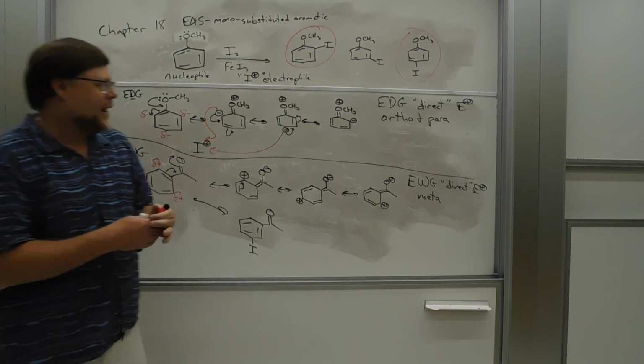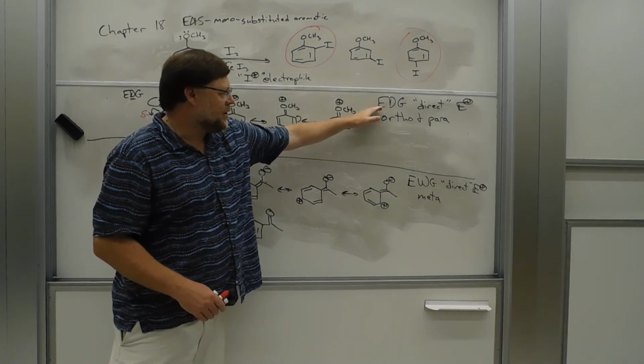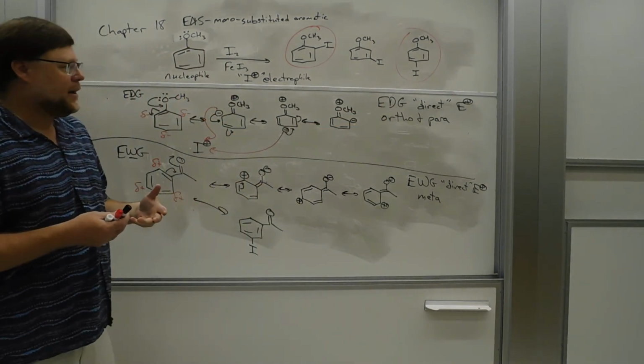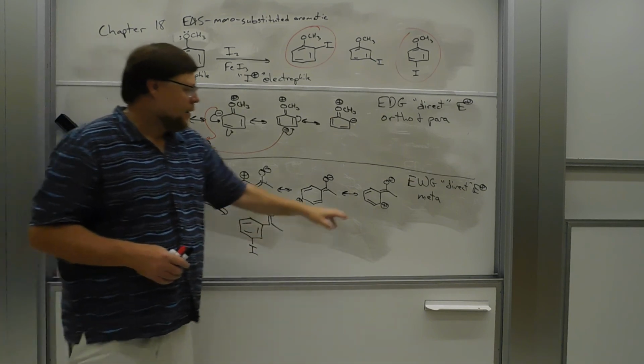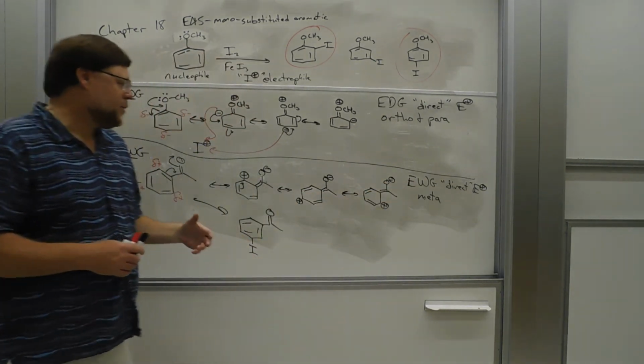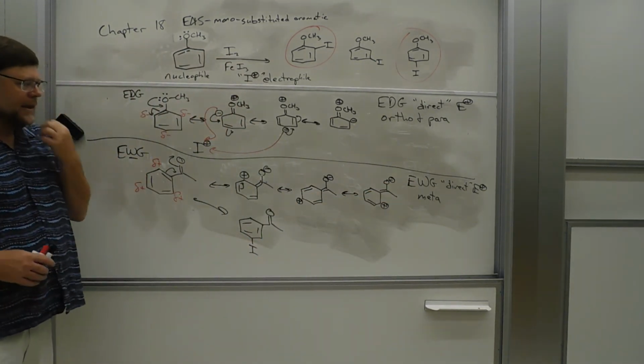Again, one last time. Electron donating groups will direct incoming electrophiles ortho and para. An electron withdrawing substituent on the benzene will direct the electrophile